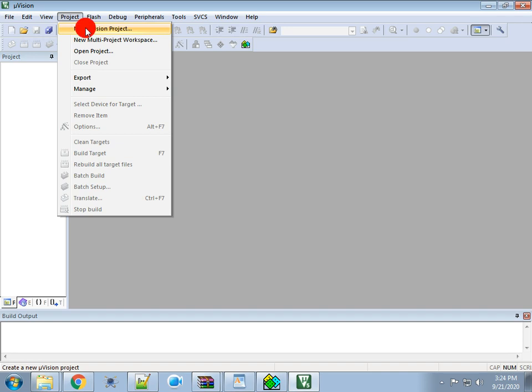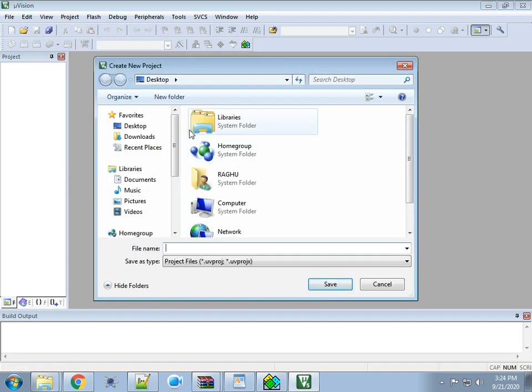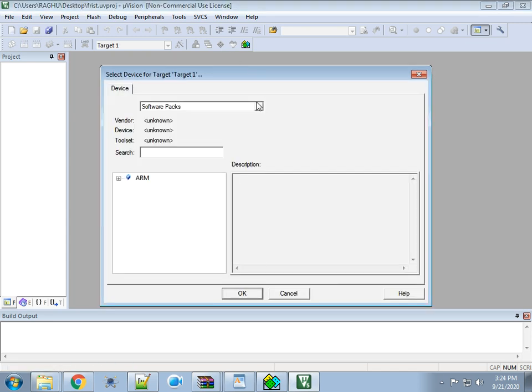Go to Project. Here, where I want to save the project, I am simply taking my project name as first. I am showing that it is not going to work right now, but what the problem is I want to show. Save. Here in packages, no package is there, only some Cortex processors are there.